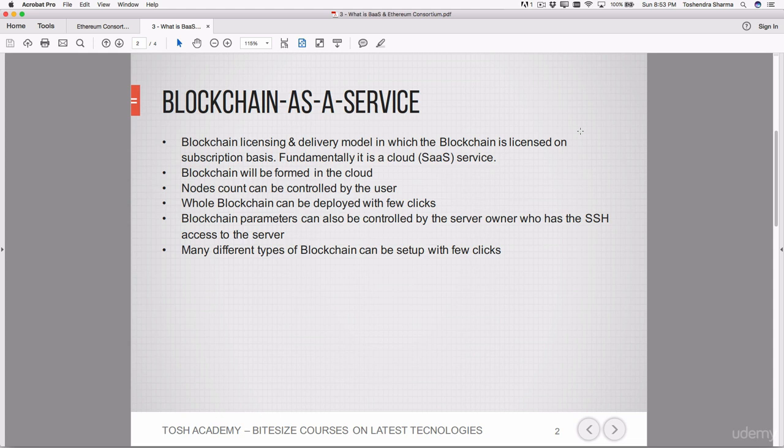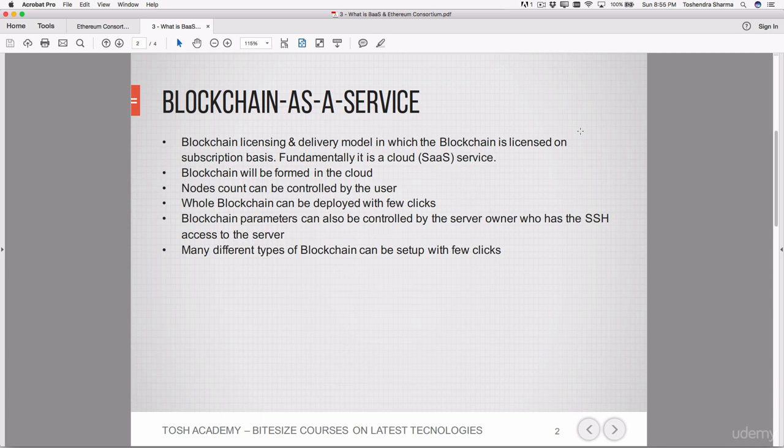Blockchain as a service gives you a methodology to focus on application development rather than building the infrastructure by yourself, setting up the nodes and connecting them to each other, which is of course a troublesome and long process and wastes your time. It allows you to just click and launch the servers very easily.